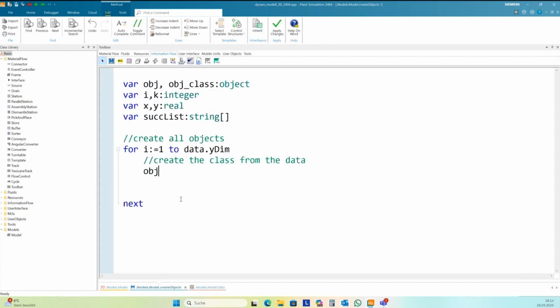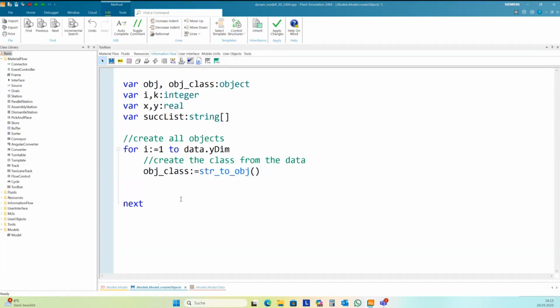One way is to use the conversion method str to object.